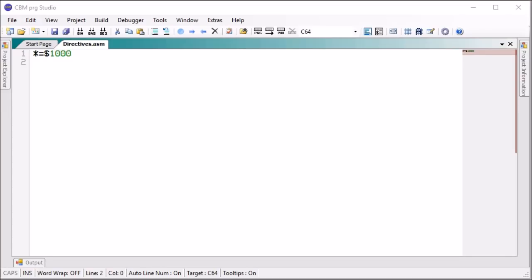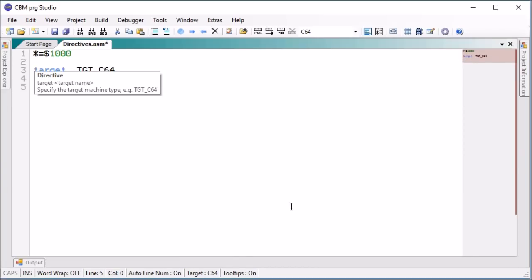So here we are in CBM Program Studio. We've got ourselves a blank assembly file. So the first thing we're going to do is test out the target directive. The first thing you need to do is tell it what the target is. So I'm going to say the current target is a Commodore 64, and then we're going to put some code